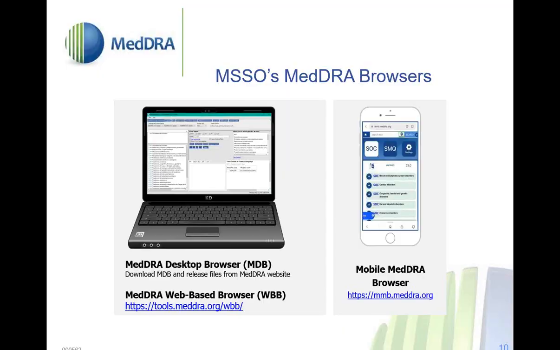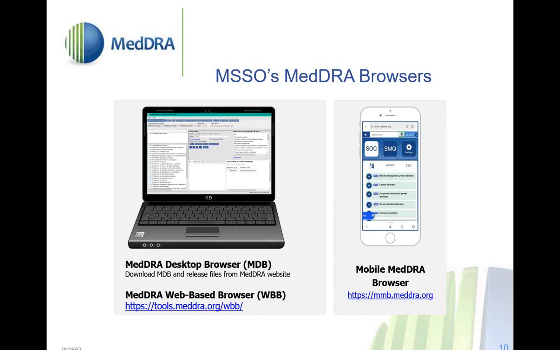Okay, so again, another tool, and just to let you know before we start, for today's session, in order to perform the coding exercises, you have 3 choices of browsers to use. You can use the MedDRA desktop browser, if that's what you typically use. You can use the web-based browser, which I like, and which I will be demonstrating for you today in our examples on how to arrive at various answers, as well as you can use the mobile browser. And again, we have the temporary training ID and password for your reference to use in case you don't want to use your organization's or it's not handy for you. Again, you can find that in the chat section of the control panel.